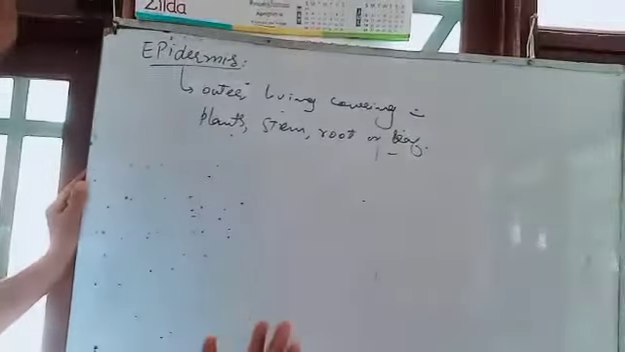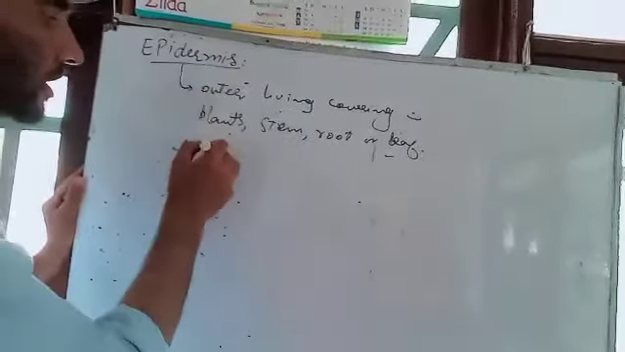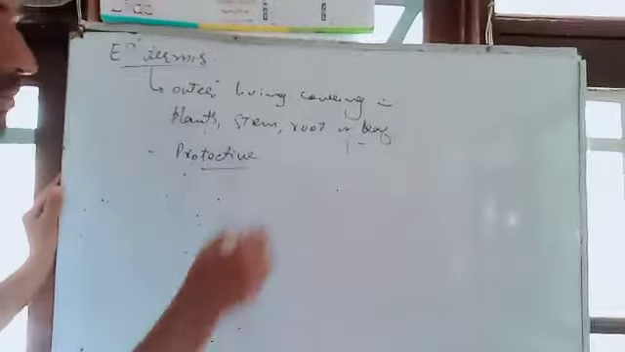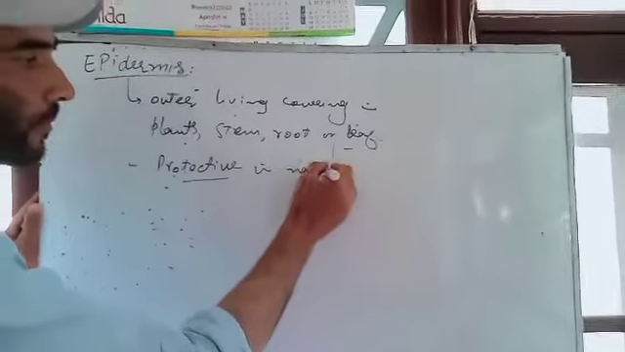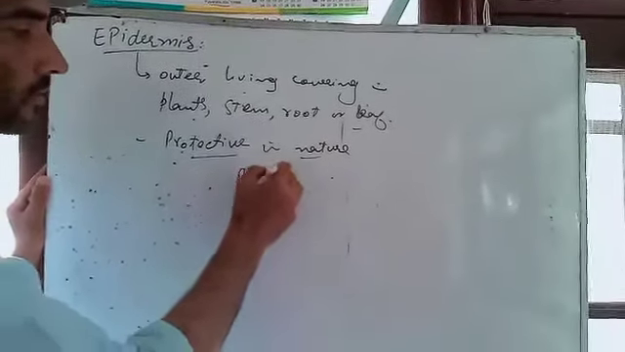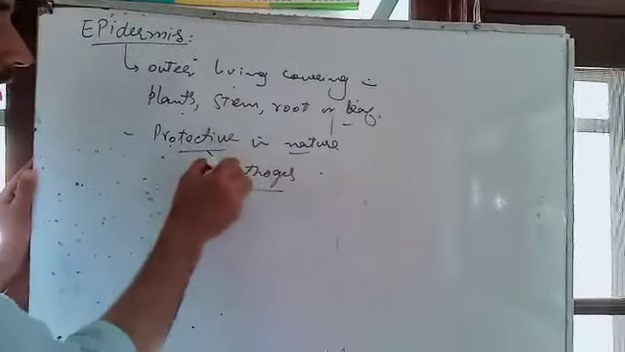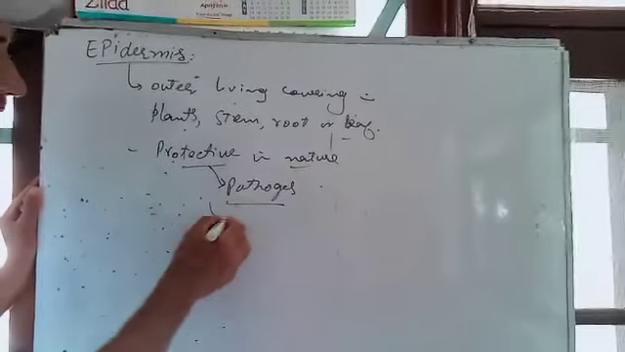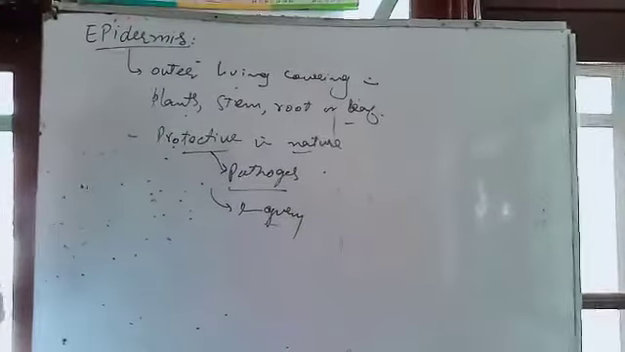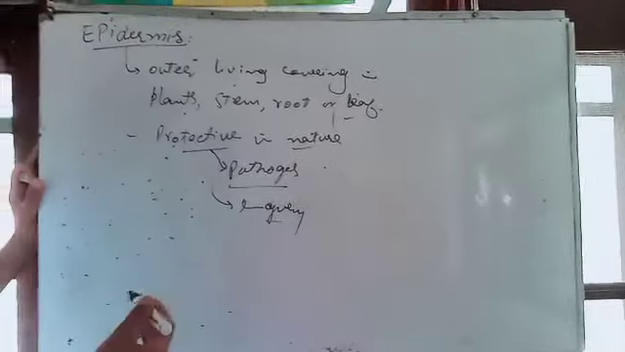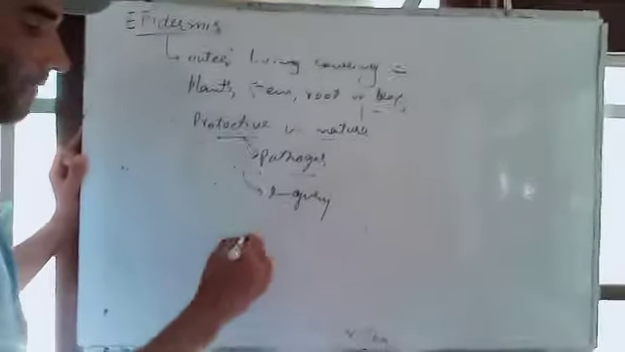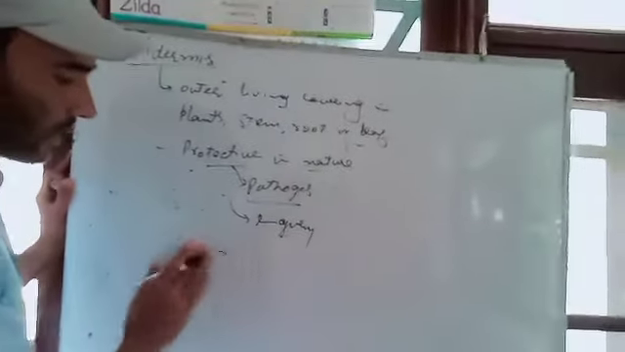That means it is the outer covering, which is protective in nature. It protects the plant. It protects from pathogens. Protection against pathogens. Protection against injury. This epidermis, if we draw the structure of the TS of leaf, then there are these barrel shaped